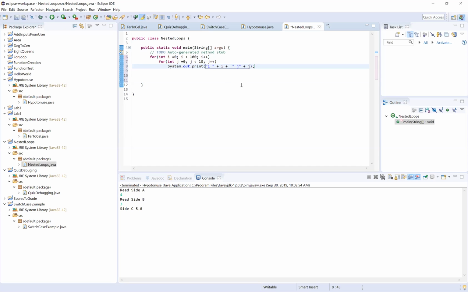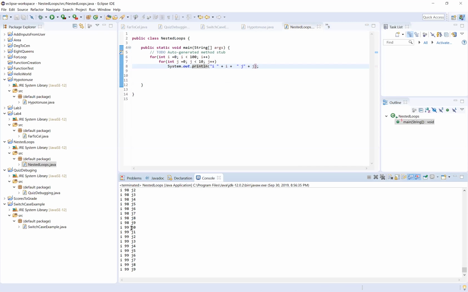There you go. So let's run and see what it does. Okay, it prints i and j. If you do println, it goes to the next line. So if you see, for every i iteration, j goes from 0 to 9, basically 10 values,